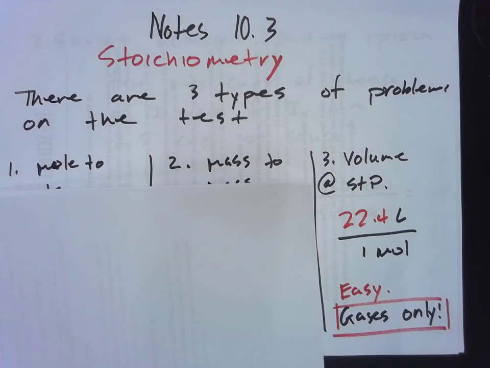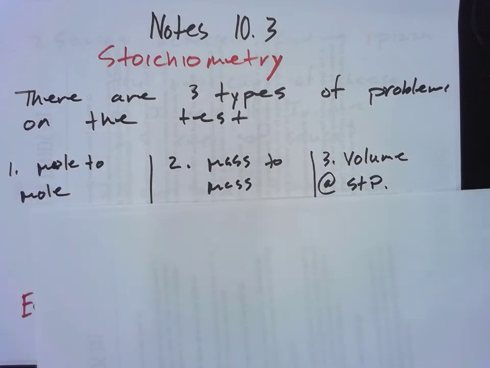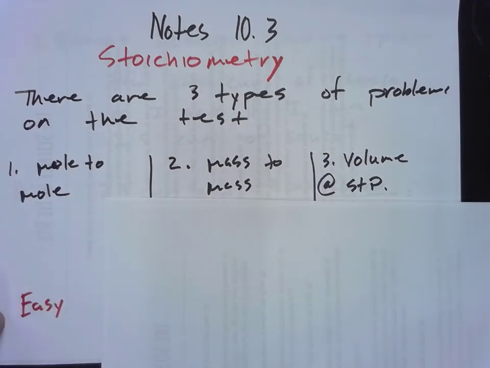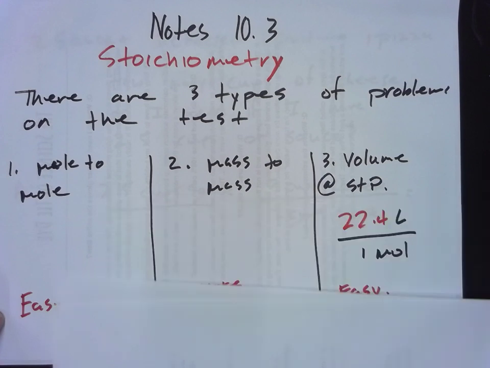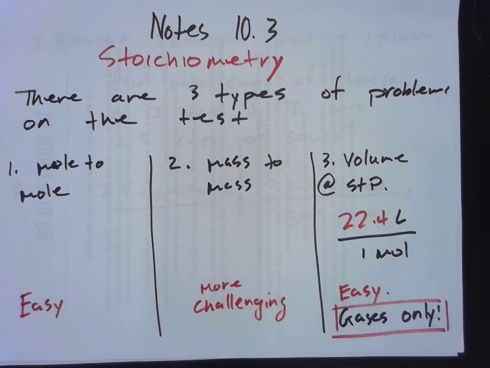The next type that's easy is mole to mole. Mole to mole is easy. And then you've got mass to mass. It's more challenging, but not difficult, especially not if you compare it to a lot of really difficult subjects like calculus or statistics. This is not nearly as difficult as that. It's just a little bit more involved than either one of these. So before we get into any of that, let's just talk for a minute about